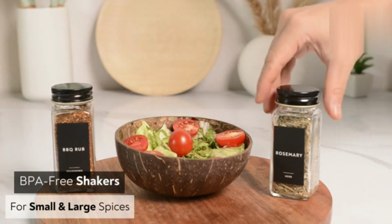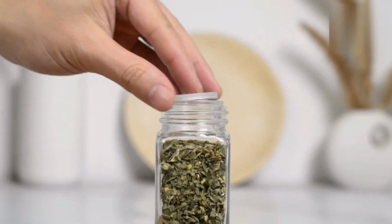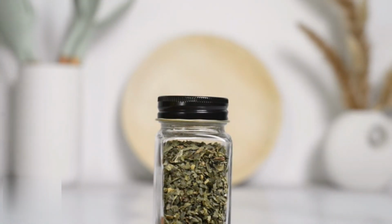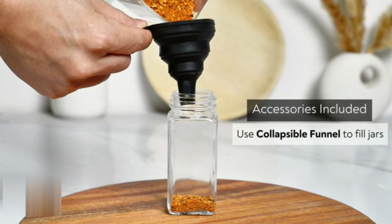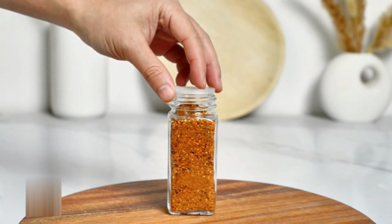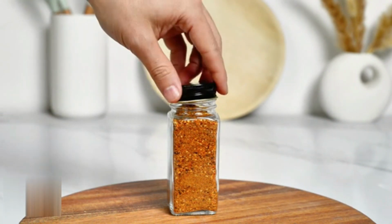Each jar has a 4-ounce capacity, which is ideal for a variety of spices, from herbs to blends, allowing you to keep your culinary essentials within easy reach. The hexagonal design sets these jars apart from typical round containers, offering a unique,